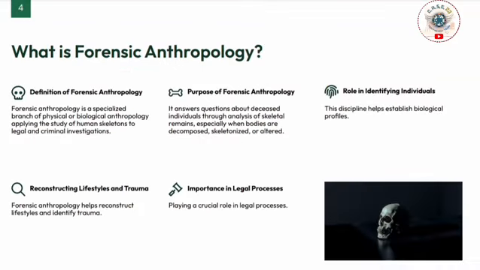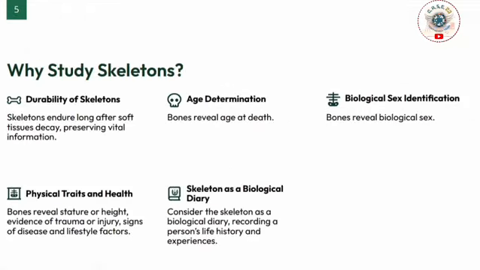So, what is forensic anthropology? Forensic anthropology is a specialized branch of physical anthropology, the science that studies human biological variation. But forensic anthropology has a more specific purpose. It applies that understanding to legal and investigative context. In simple words, forensic anthropology helps answer questions like whose bones are these, how old was the person, male or female, how tall was the person, what population did they belong to, are there any signs of injury, and when